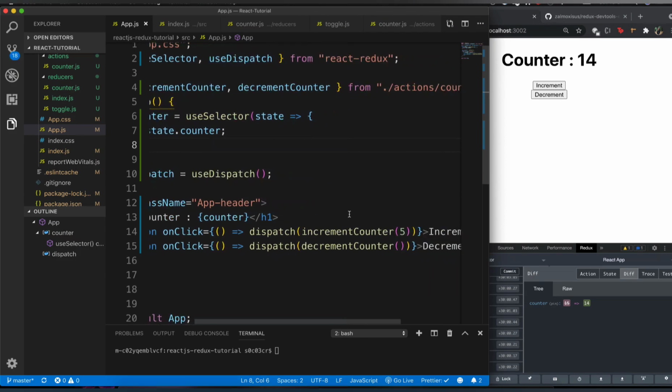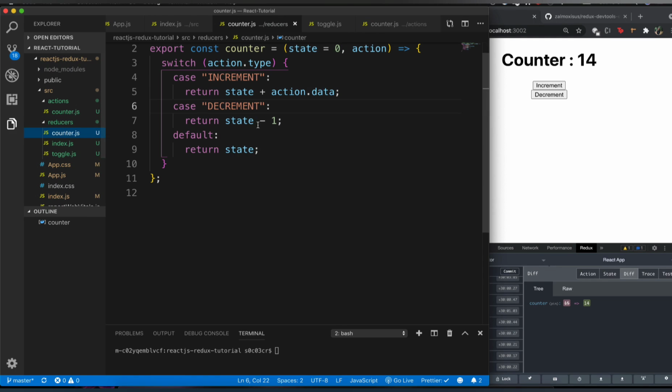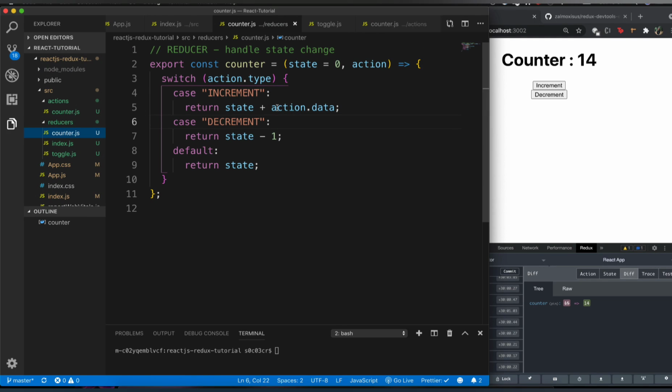But I just wanted to show you how you can also pass an argument, right? So you want to pass some custom data of your own, which will be received inside of increment counter. And then that can be passed as data, or you can name it anything. Generally, the convention is to say payload, but here I've made it data. So you can change this to payload. That's the general convention. You can pass any payload you want. So I'm naming it counter here, data here. And if I go to counter.js, I will be able to get the value through action.data, and I'm updating the state by a value of action.data.